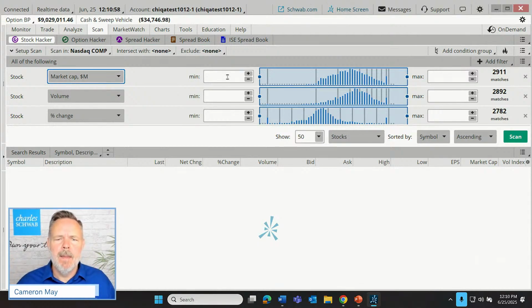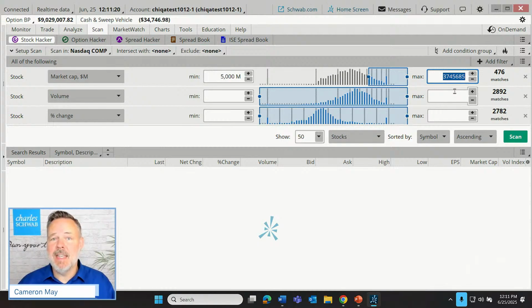So let's say that our investor has drawn their personal line halfway into those mid cap stocks. Let's say we want at least a value of $5 billion. So if I put in 5,000, that is 5,000 million, or 5 billion. And we won't put a cap on how big these companies are, but notice companies get pretty big nowadays. We're now into the trillions in market cap for individually traded companies out there. All right, so that's one of our criteria. And there are 476 NASDAQ composite companies that meet that criteria. So we're narrowing the field dramatically already.